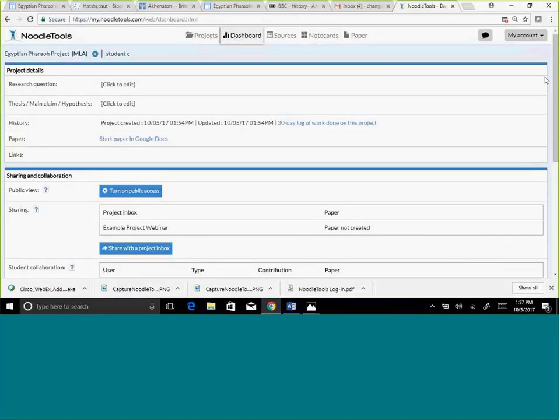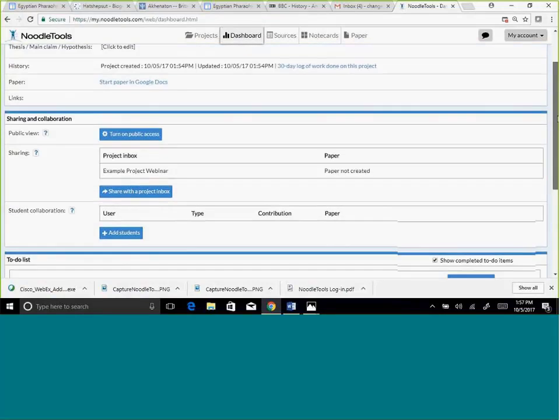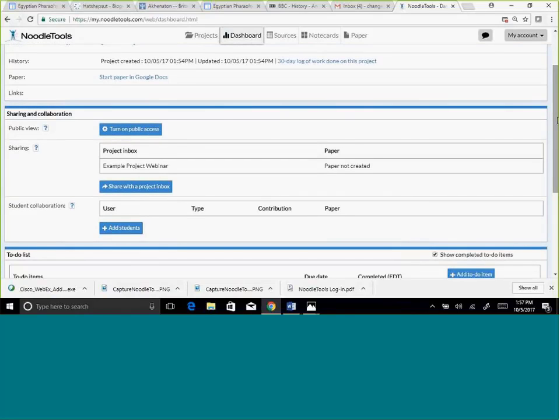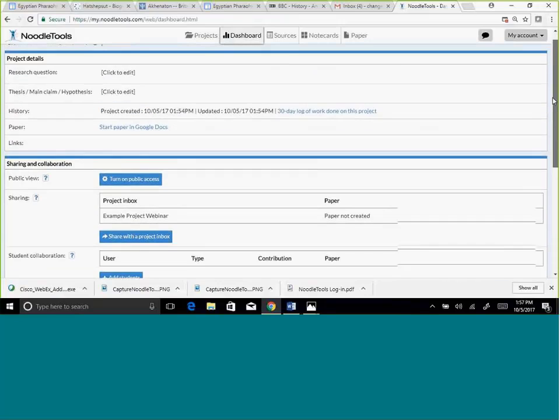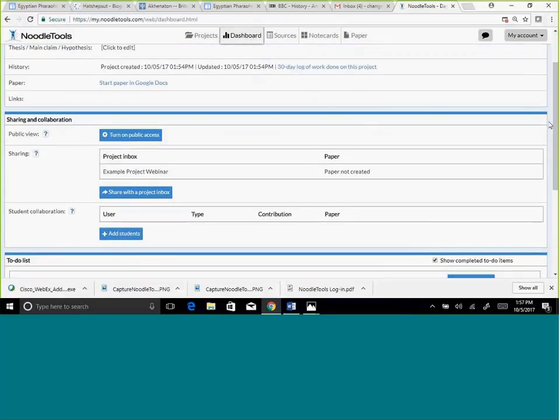Student collaboration means that two students can work on a paper together? Yes, it does. Great. So that's just a matter of adding the student, like another Gmail, right? Right, adding another student Gmail address right there. Great. That's a pretty cool feature too for group projects. And now that the student has shared with their teacher, with the project inbox,